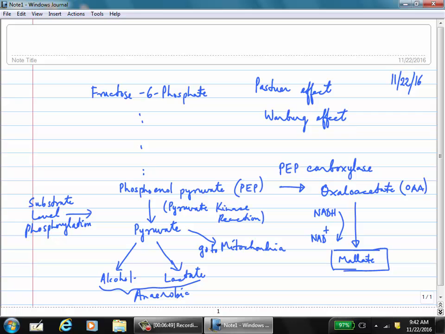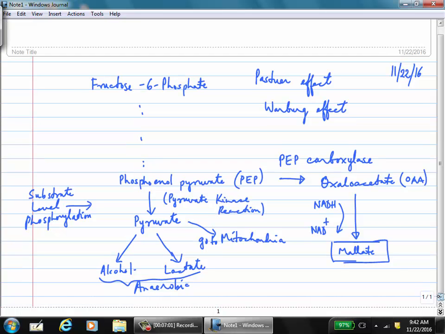Well, malate can go through the cell membranes. It can go through the membranes of the mitochondria and the vacuole and so on. So it can be transported from the cytosol to inside the mitochondria. So once it becomes malate, it can go to mitochondria and it can go inside vacuoles. So just keep this in mind, because the next